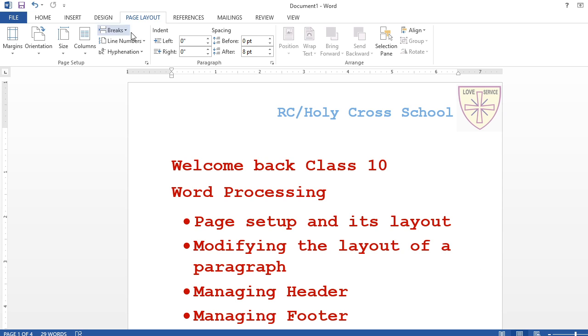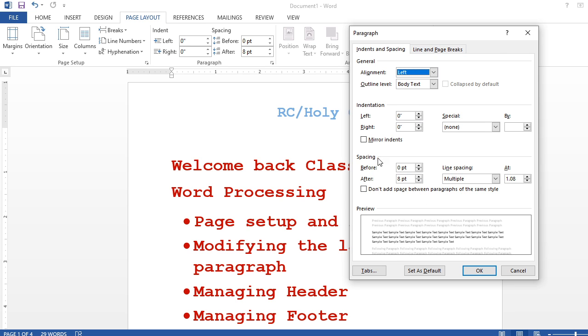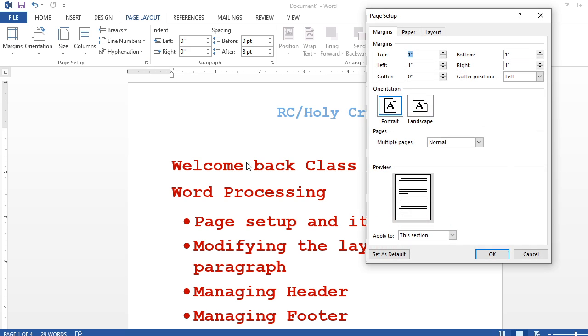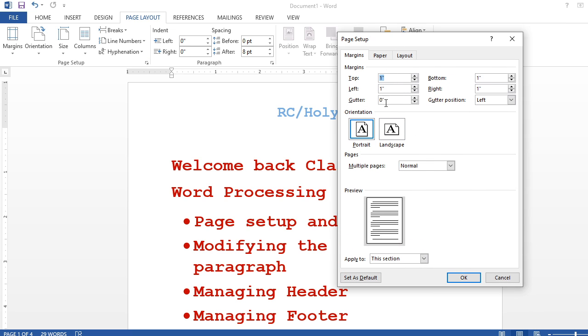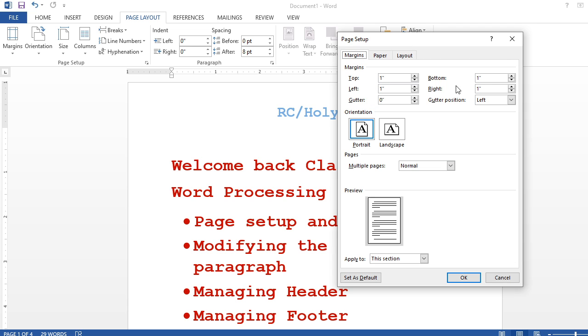So how to define that? First of all, go to page layout. Click the page here, go here, then no, sorry, this is paragraph. Page layout is here. I am going to page layout. Are you getting paper size? First of all, what type of paper are you using here? What type of paper is your printer using? A4, make it A4 so that you get the exact printout. Then go to the margin here. The top margin is 1 inch. Left is also 1 inch, bottom is also 1 inch.